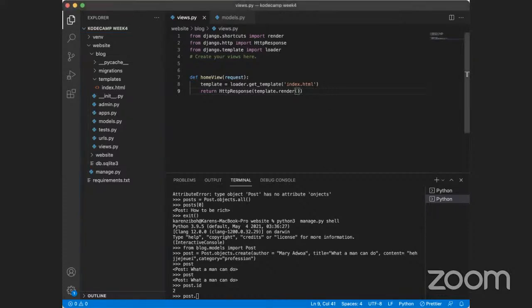We'll just give it an empty dictionary, because we don't have any Python objects we want to send or map to our templates. So we'll just leave it empty for now, and then you just pass in request, because you have to pass in the request object. Those are the required arguments or parameters. So